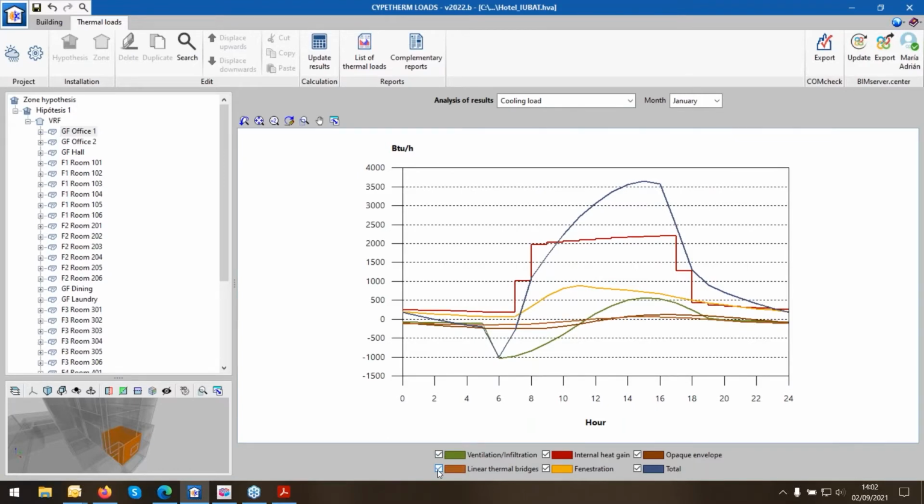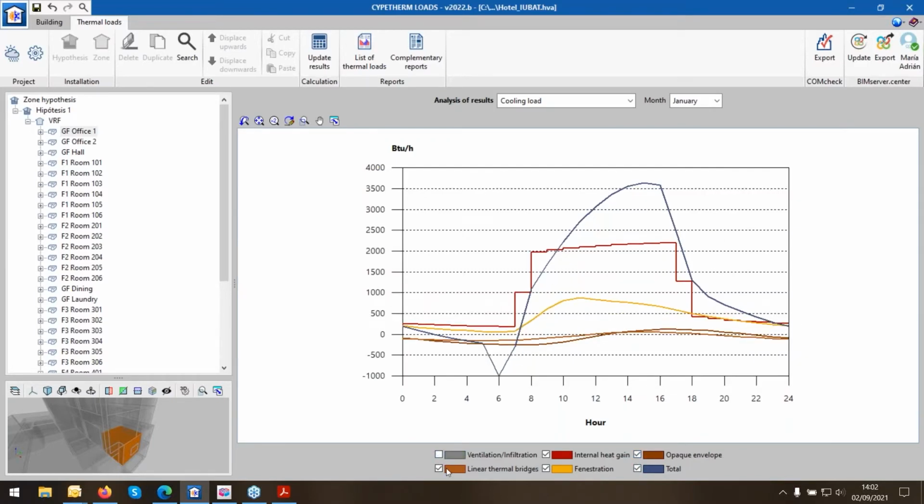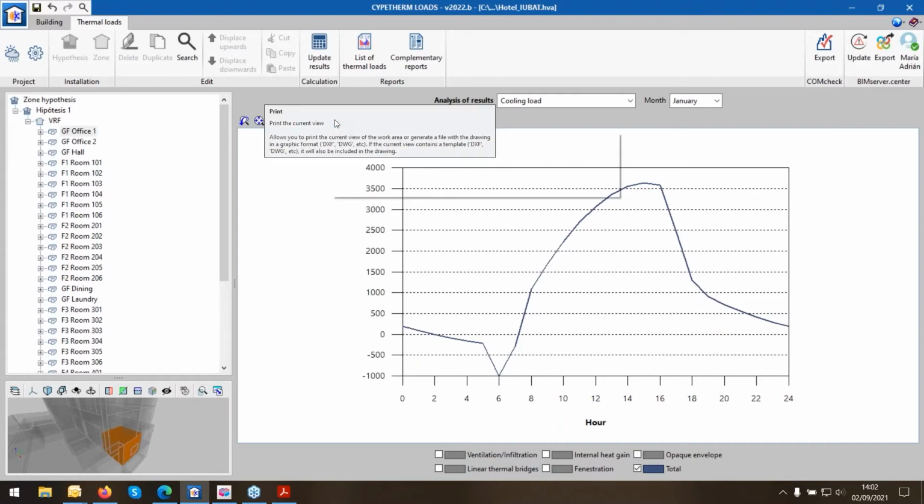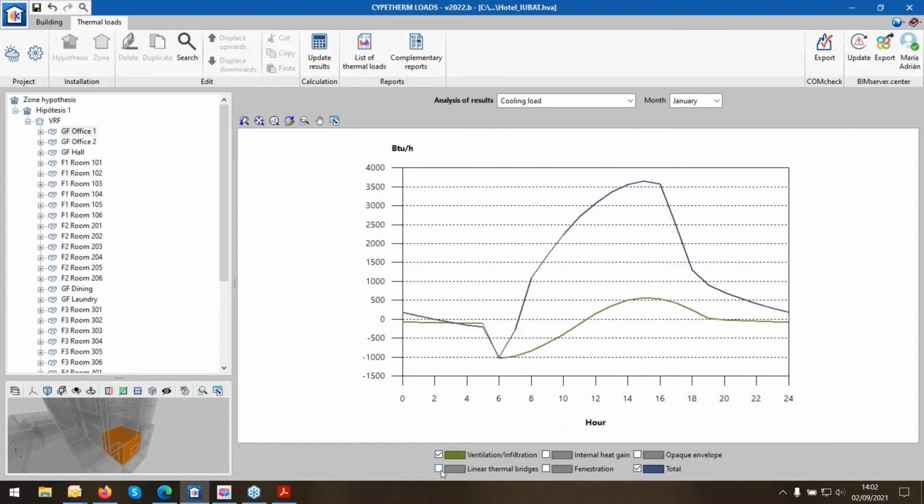So quite interesting to know how much is the repercussion of this: the internal heat gain, fenestration, okay, the windows, opaque envelope, and the total amount, which is the blue. Maybe we want to see only the blue part, so you can do like this, for example, okay, and this can be captured, printed in different ways, okay? Well,